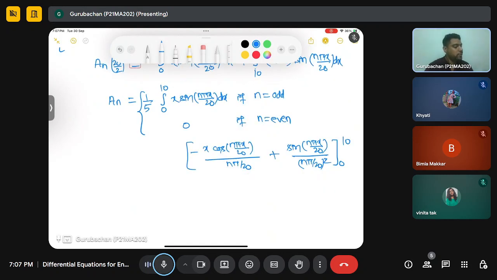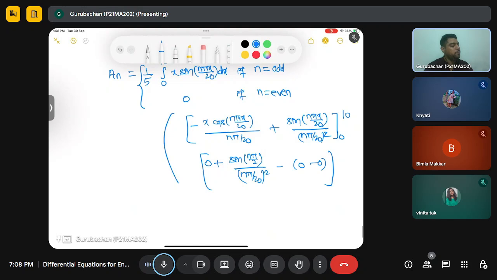So from 0 to 10 this will be 0, and this will be sine n pi by 2 divided by n pi by 20 squared with negative sign, 0 minus 0. So this will be the value of the integral, and from here you can say your an will be, when you put it here, 400, so divide by 80